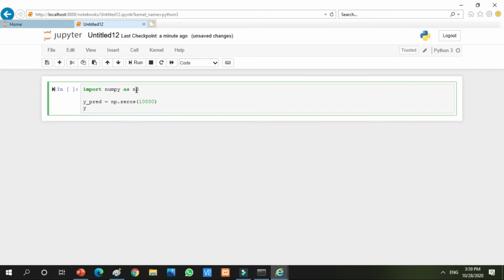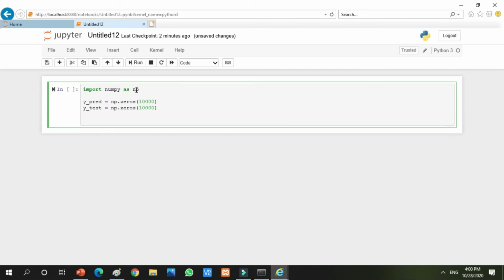another variable, and in this variable I am writing np.zeros, and what it will do, you can see, I am again writing 10,000. So it will generate a matrix of 10,000 values. In order to get yourself clear, I am printing this matrix, so you will get the idea what is happening inside it, and you can see visually by yourself